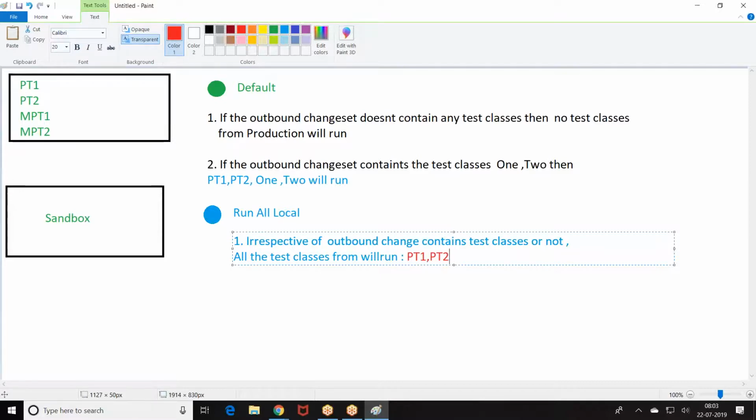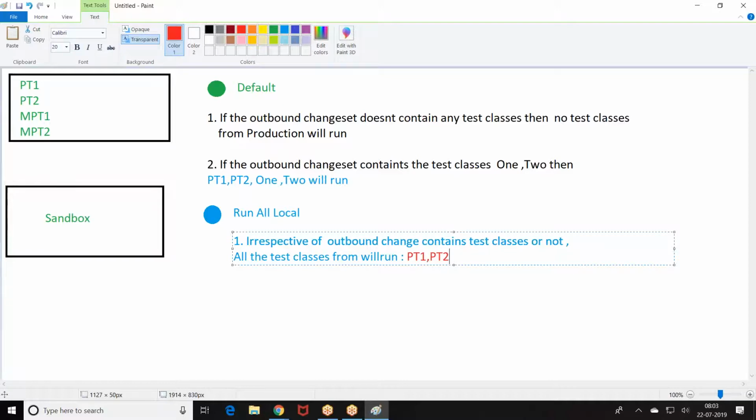Now, default is what? If the change set contains test classes, then only PT1, PT2 will run. When I say run local test classes, irrespective of whether your change set contains test classes or not, PT1, PT2 will run.